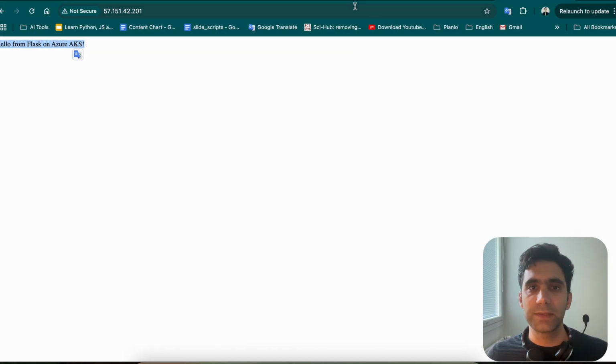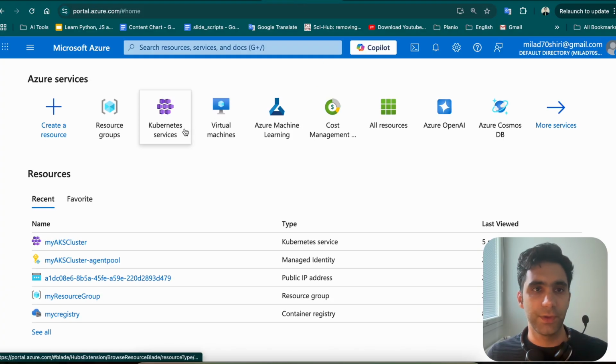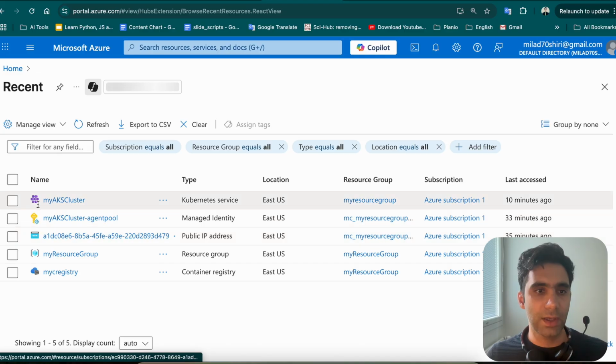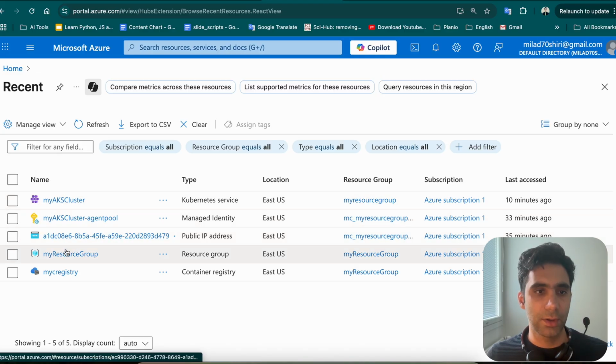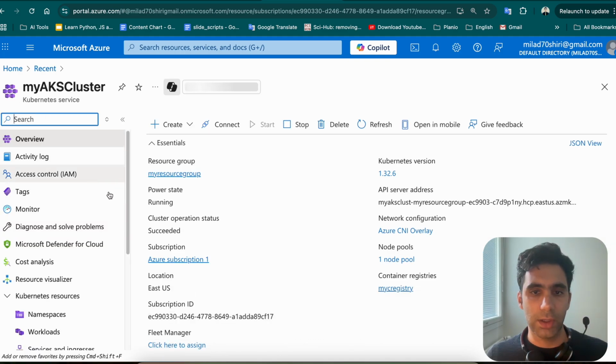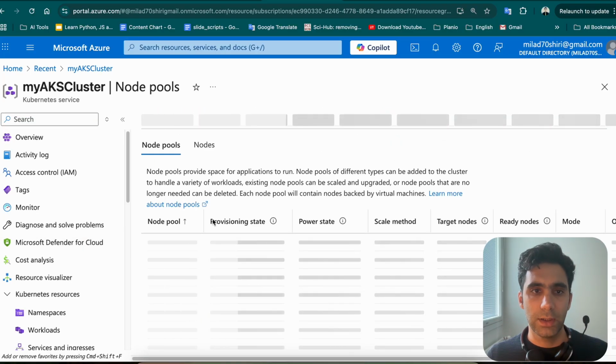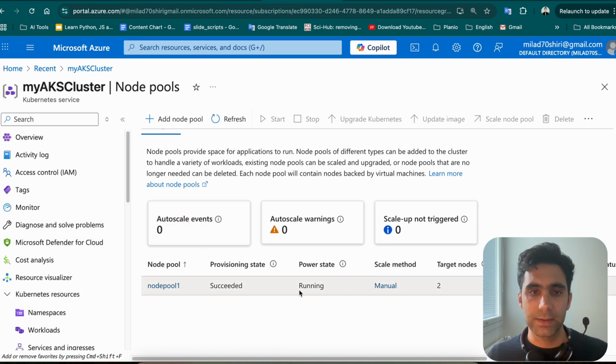Now let's take a look at the dashboard to see what's going on there. Here if I refresh, I have a bunch of things. I have my AKS cluster, my container registry, my resource group, but the main thing we want to focus on here is my AKS cluster. There are a lot of things here. Here you can see the node pools, and if I click on that, I have one node pool containing